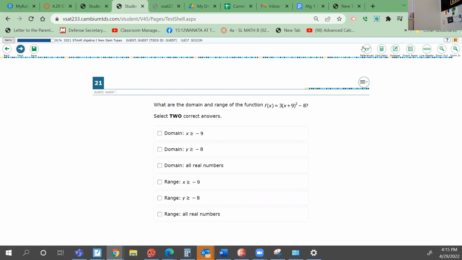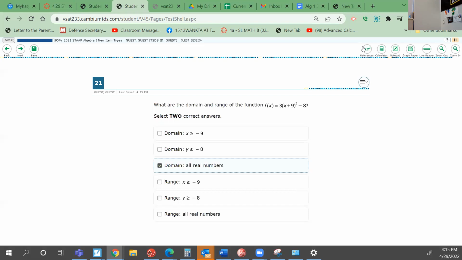Here, again, you've got to recognize what you're dealing with. If you're not sure if it's linear or exponential, look at the reference chart. The exponent is 2, so that is a quadratic. Now remember, the domain for a quadratic is always all real numbers if there's no restriction. All real numbers. And again, if you're not sure what the range is, graph it and see what the graph